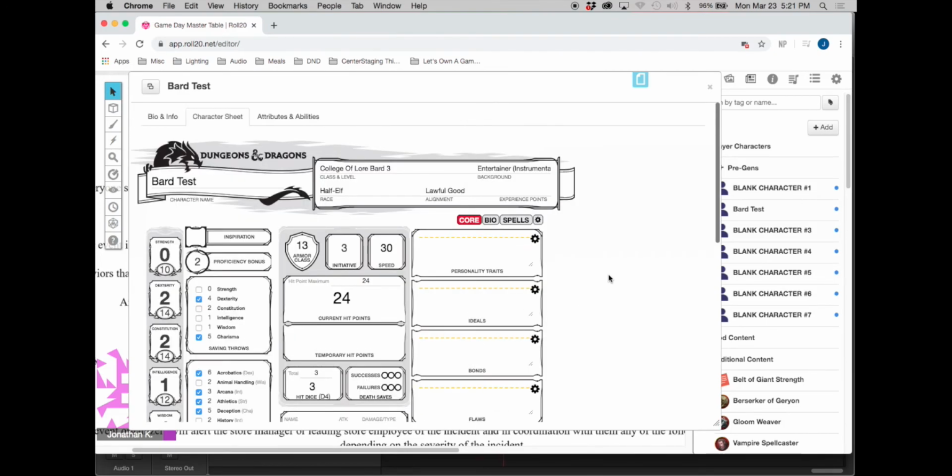I will tell you that it will only work if the DM has the resources on Roll20. So you need the Player's Handbook, Xanathar's, Volo's, if those are what your books are going to be. The room needs to have permission to use those, which means the DM or the owner of the room needs to own them and enable the content sharing. But other than that,